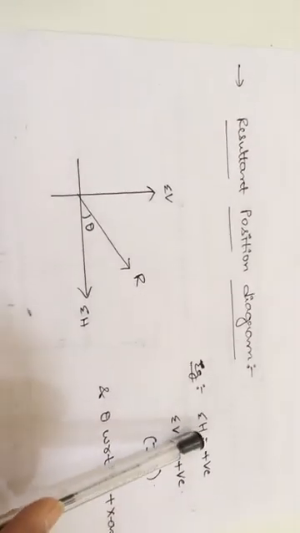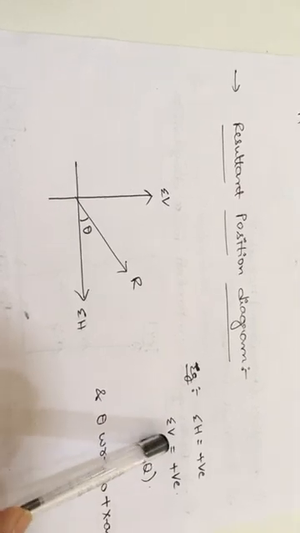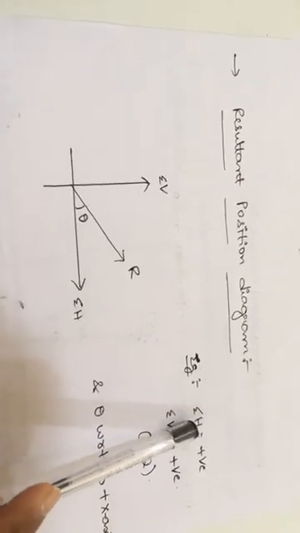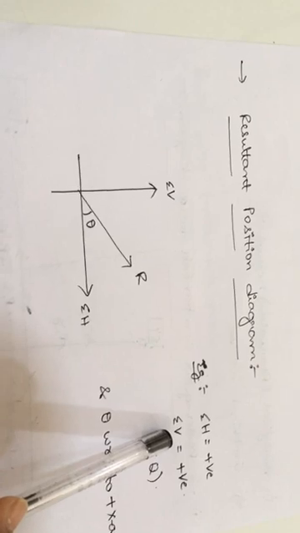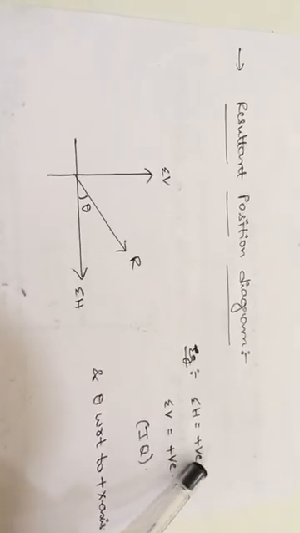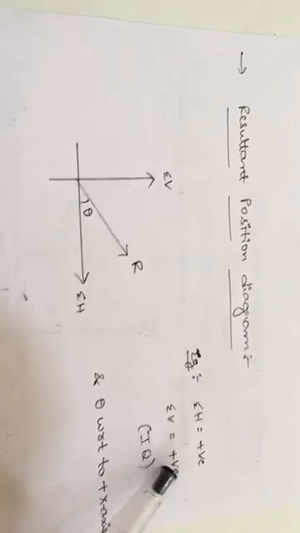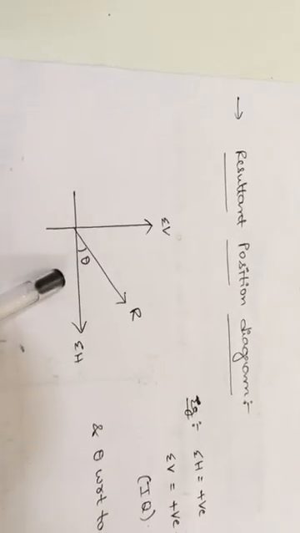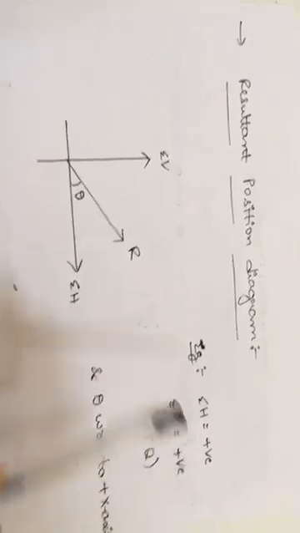If we know the sigma h value and sigma v value, where sigma h is the x component and sigma v is the y component of the resultant force, and we know their sign conventions, we can locate the position of the resultant force by the sign convention. For example,